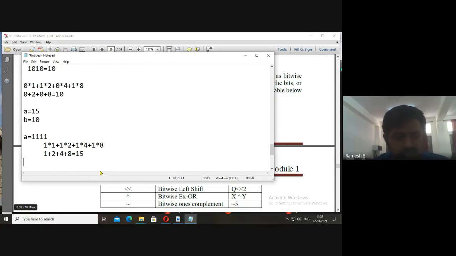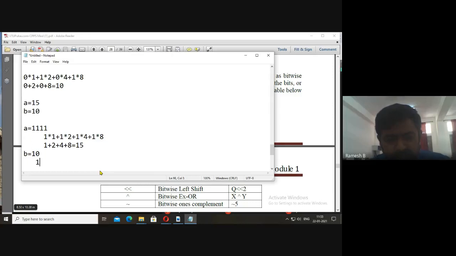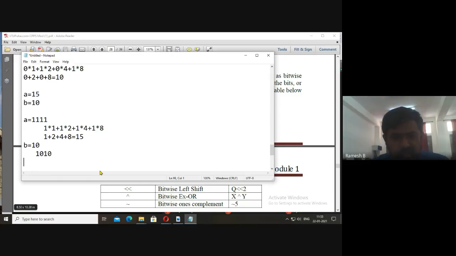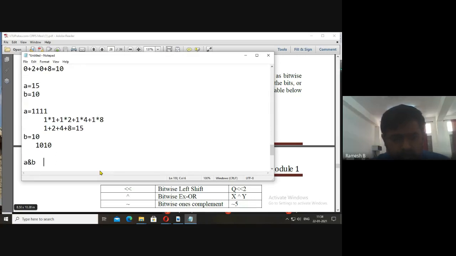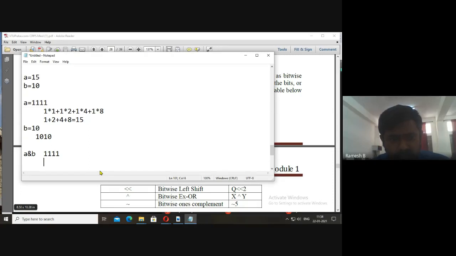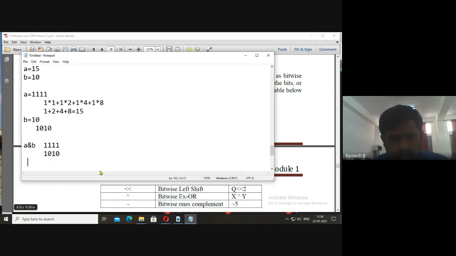Now the next value is B. B is 10. We know its binary representation is 1 0 1 0. Now we need to do A and B. It's like this: 1 1 1 1, and in the next line 1 0 1 0. Now 1 and 0 is 0.